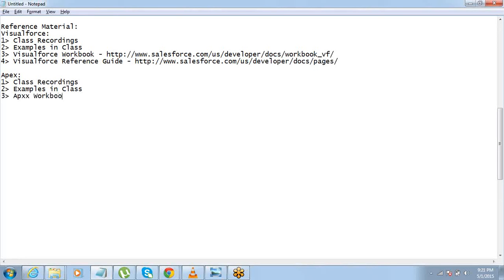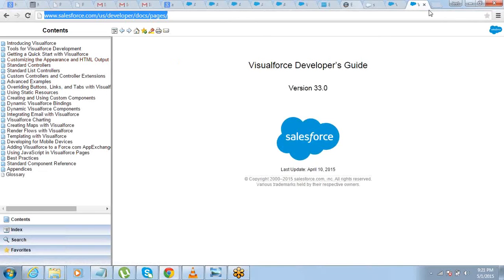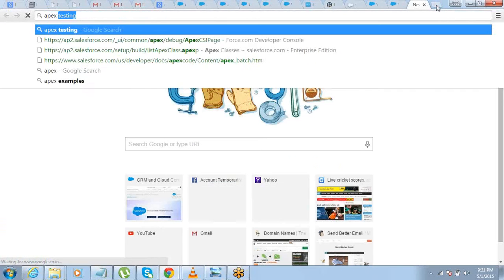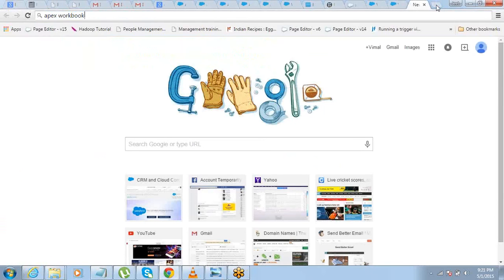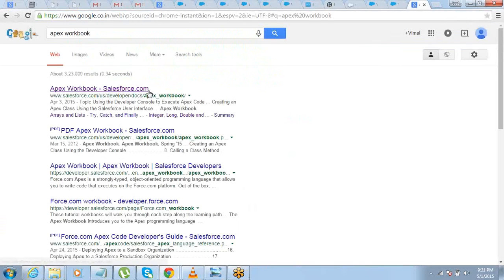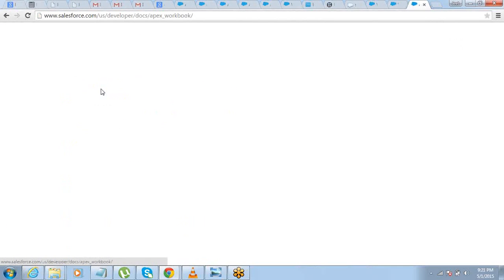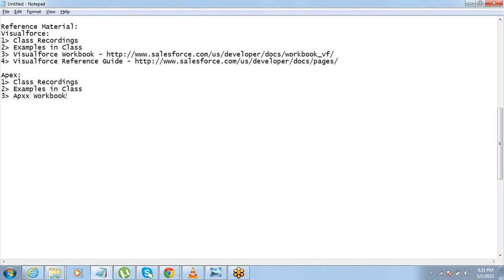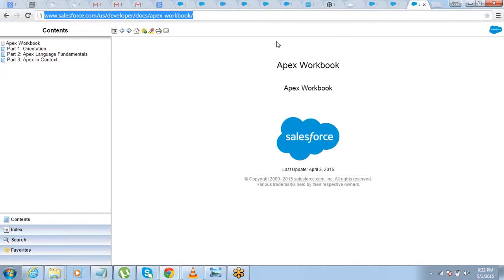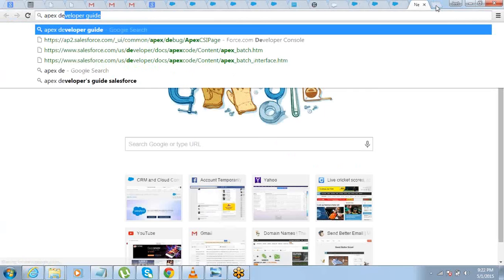Same way we have a workbook for Apex. I'm just going to mail it to you after the session. Okay, and we have an Apex developers guide as well. Apex code developers guide.